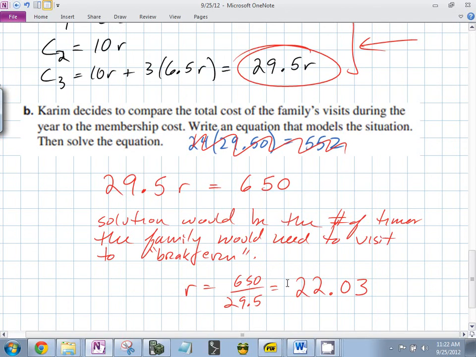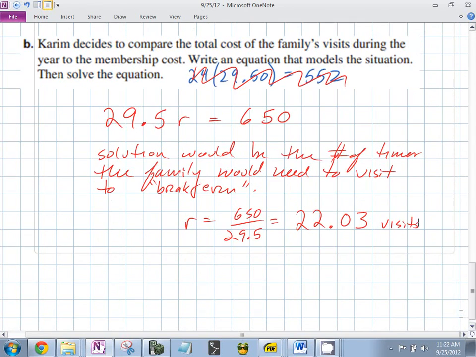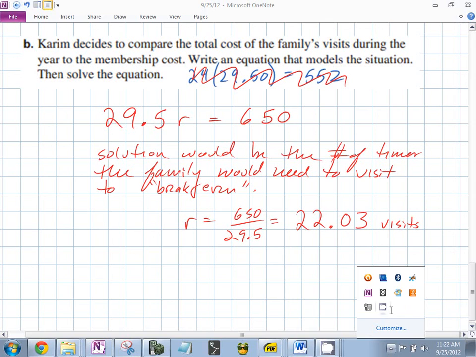R is not in dollars. What units is R in? Visits. That's how many visits the person would have to make, right? It's not dollars. You can't make 22.2 visits. Sure, but you can't have 2.5 kids either, and that's the average number of kids in a family in the United States. It's a statistic. It's not necessarily what something actually is going to be. Okay, so